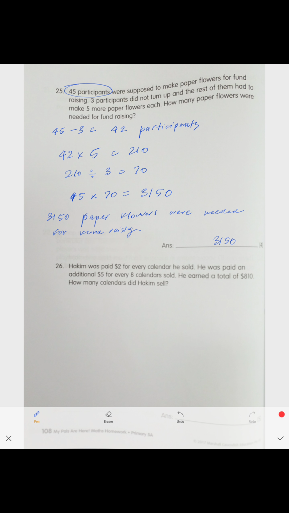All right, next problem. Hakim was paid $2 for every calendar he sold. He was paid an additional $5 for every 8 calendars sold. He earned a total of 810. How many calendars did Hakim sell? All right, that's interesting. We just have to think about it, right? Again, Hakim was paid $2 for every calendar he sold. From every calendar that he sold, he got $2, right? Every calendar